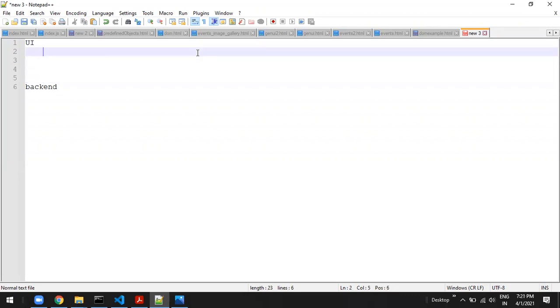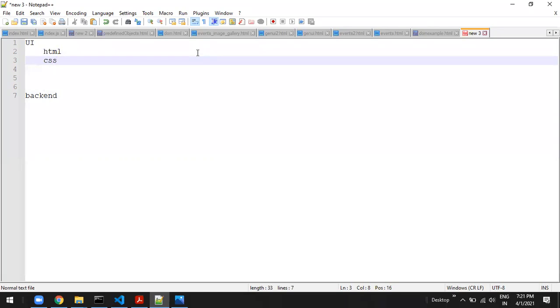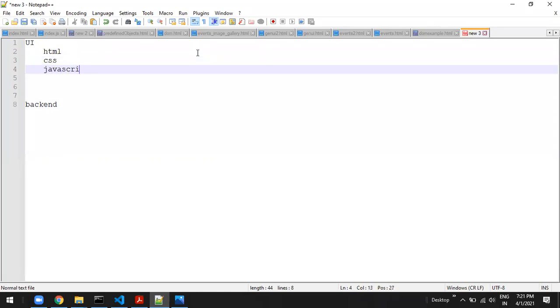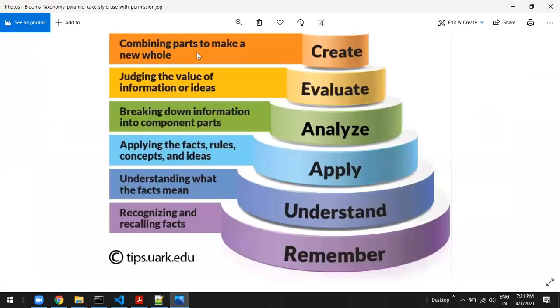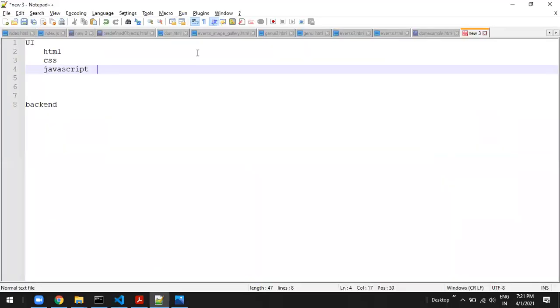Suppose you want to become a UI developer. What you should understand and recognize is that first you should know HTML, then CSS, then JavaScript. This is the foundation for any UI developer. Without clarity on these fundamental concepts and all the steps of HTML, CSS and JavaScript, you can't become a UI developer.